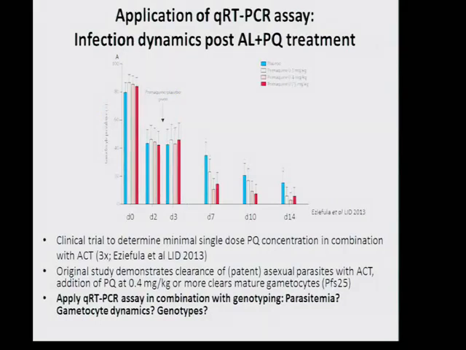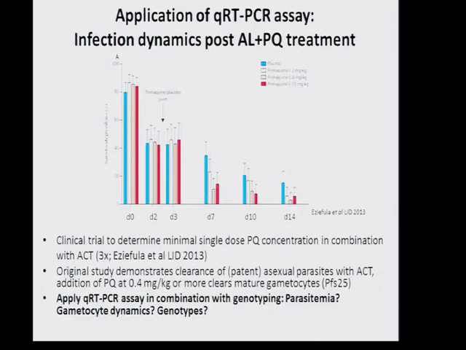So what we then wanted to do most recently is to apply it to a study basically as a proof of principle. So this study has been published, again, that's by Fulai et al. in Lancet Infectious Diseases in 2013. And here the question was which dose of primaquine is efficiently knocking down gametocytes in the context of artemether-lumefantrine treatment. That was done in Uganda.